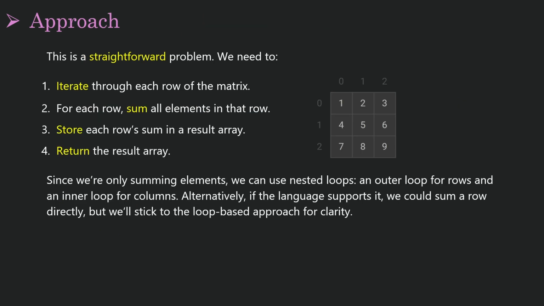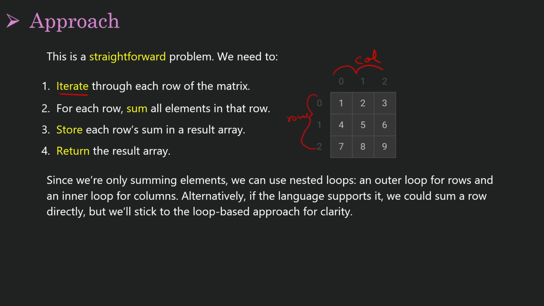Approach. This is a straightforward problem. We need to iterate through each row of the matrix. For each row, sum all elements in that row. Store each row's sum in a result array. Return the result array. Since we're only summing elements, we can use nested loops,